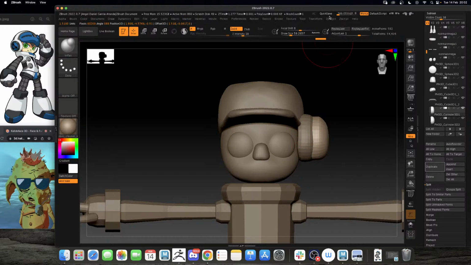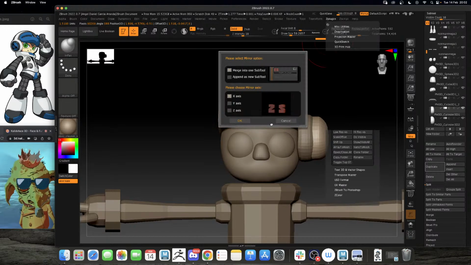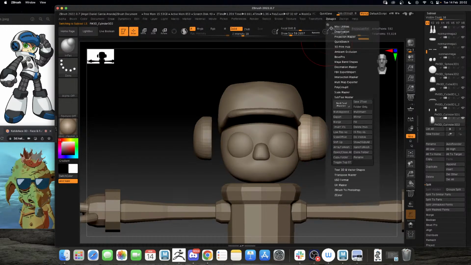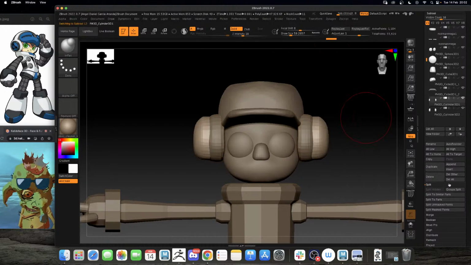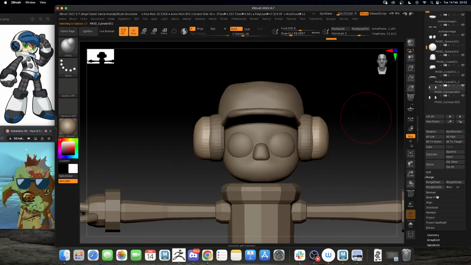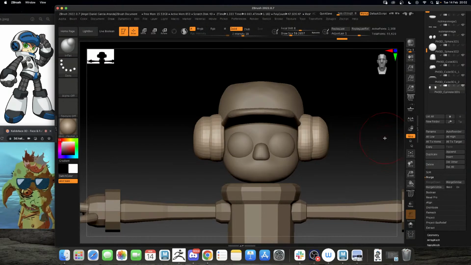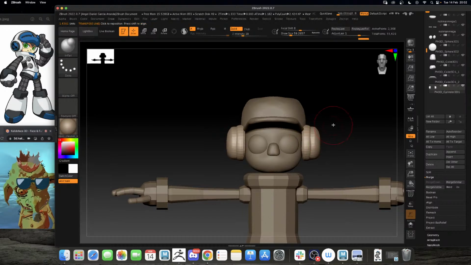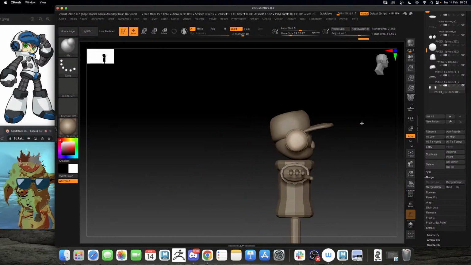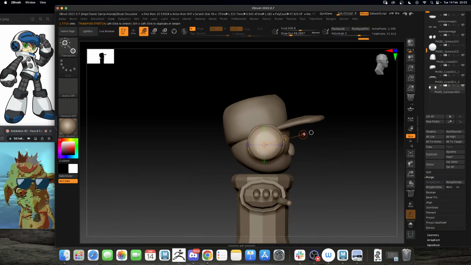And let's mirror it. And let's mirror this one. And then let's combine both of them. Merge, merge down. There you go. And now we can play with both things. They look like hamburgers now. Maybe it's a hamburger rather than